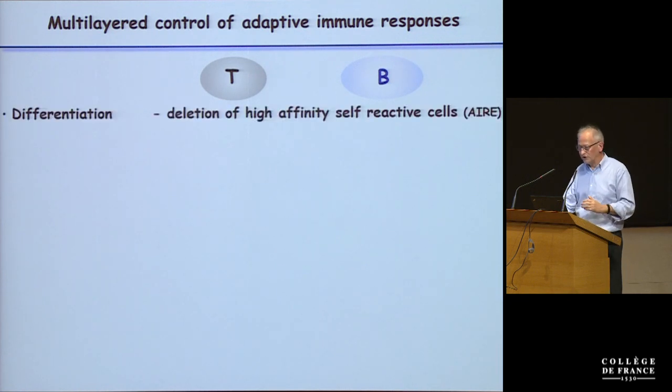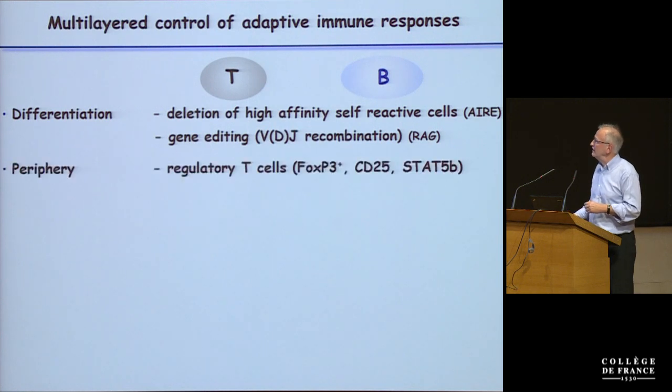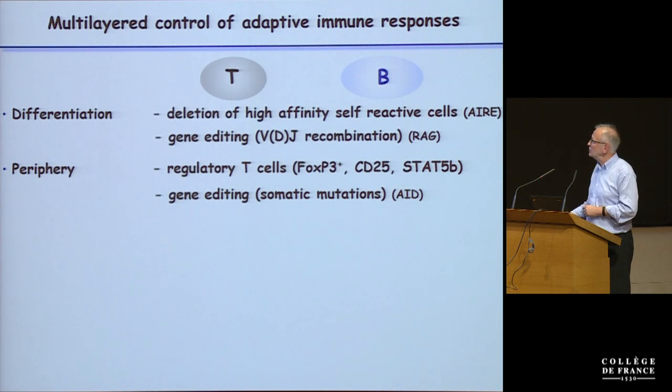put under control, which starts during differentiation of cells, where there is deletion of high-affinity self-reactive T and B cells to avoid autoimmunity, gene editing in the periphery, regulatory T cells. I'm not going into too many details. Gene editing,